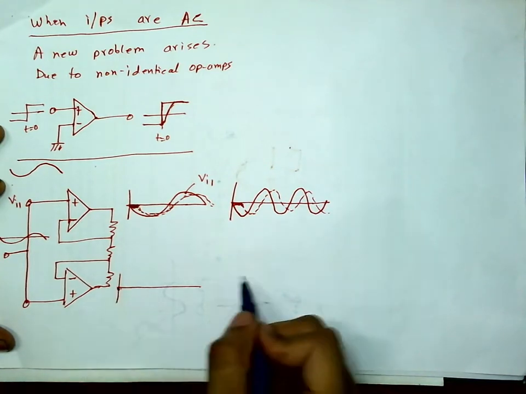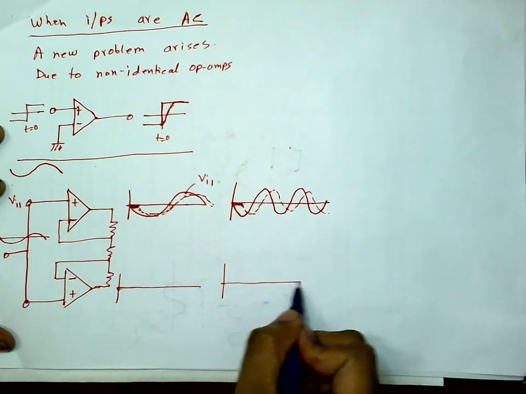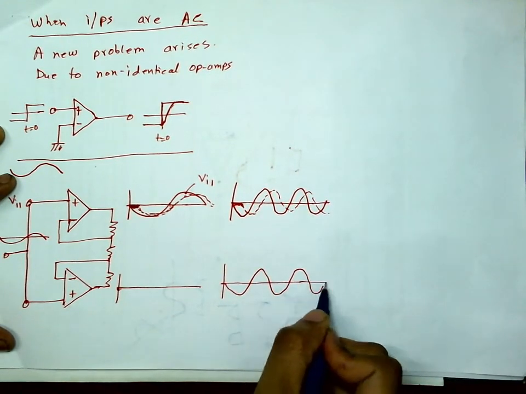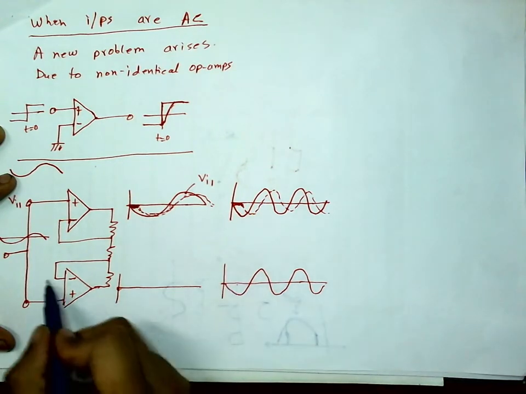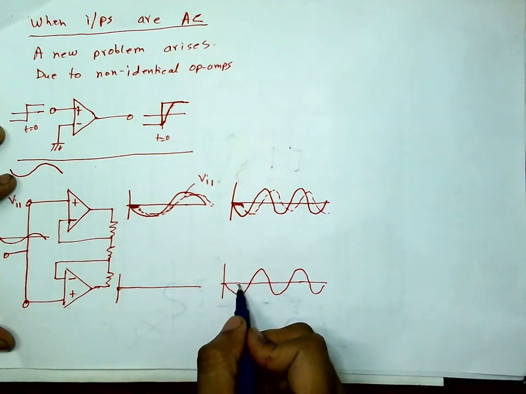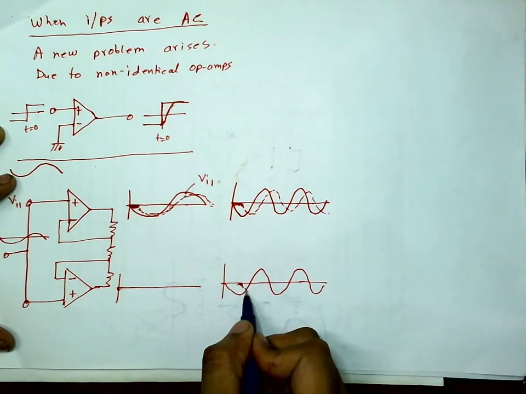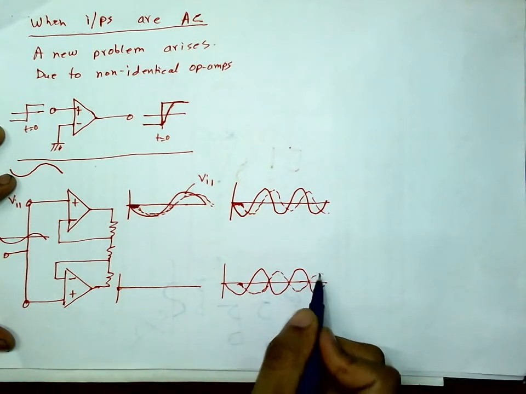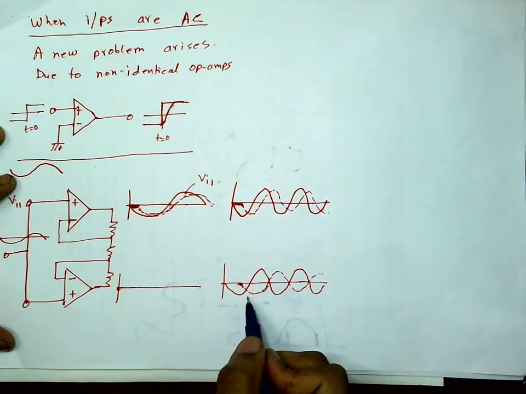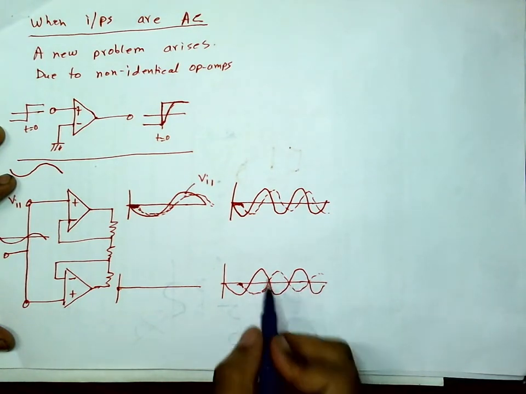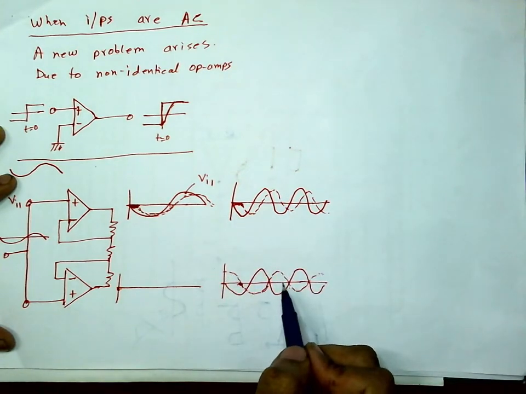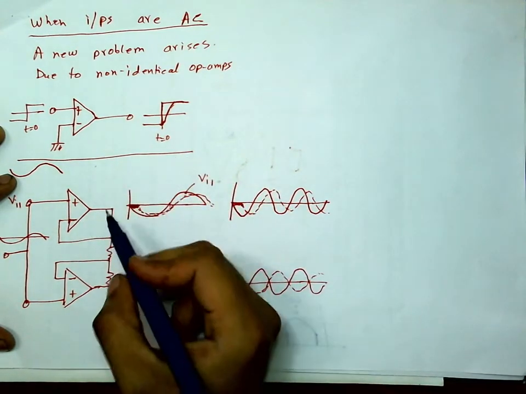So let this be the input. Here also it will vary sinusoidally but with a delay, and this delay will be different. Maybe this delay is more. I have drawn it actually quite a lot, but okay, maybe this is the case. This delay and this delay are different. Therefore,